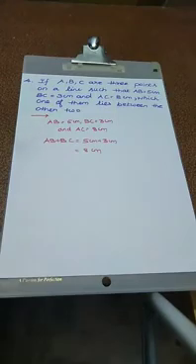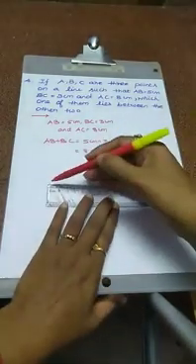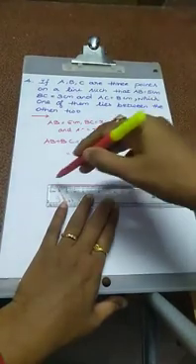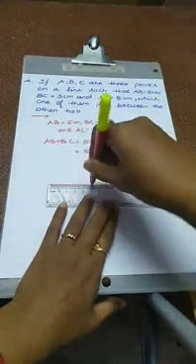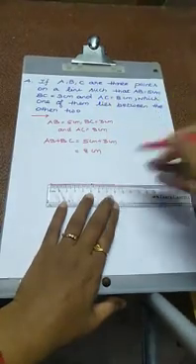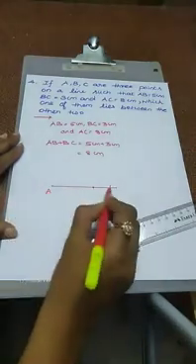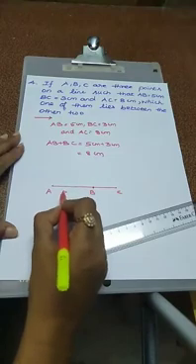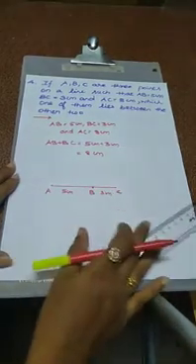So, first draw one line segment using a scale. What is the value? The whole value AC is equal to 8 centimeter. What is the AB value? That is 5 centimeter. BC value, that is 3 centimeter. Mention it A, B, C. This is actually the 5 centimeter value and this one is the 3 centimeter value.